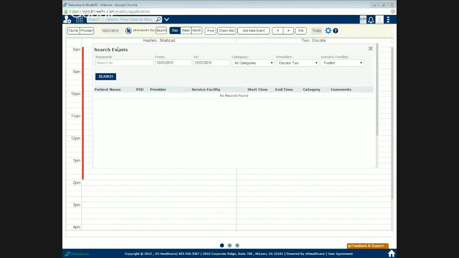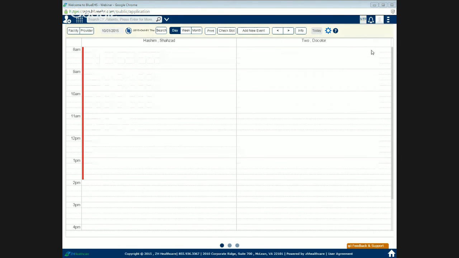So you can do so. This is a search area using a keyword, using the dates, whatever it may be. This is a search which can be run on the calendar at any point of time. Then, as far as the calendar is concerned, you have three views you can view it in. One is the day view. So you view only the appointments for